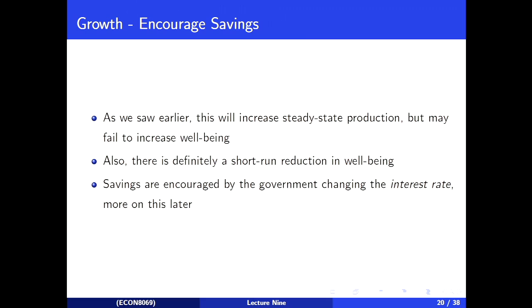If I'd drawn this properly, C3 is strictly larger than C2. The fact that it looks like C3 might be smaller or the same size is because I've drawn the picture poorly. Theoretically, it is necessarily the case that C3 is bigger than C2. But there's no reason to think that C3 must be bigger than C1. It might be, but it might not be. So encouraging savings is fine if we don't currently have enough savings, but it only works in that circumstance. Otherwise, it actually makes people worse off.